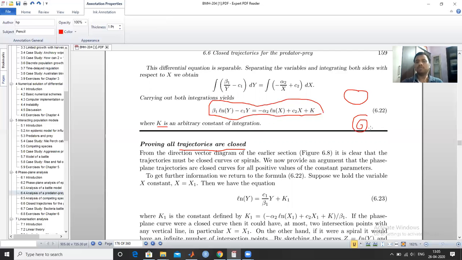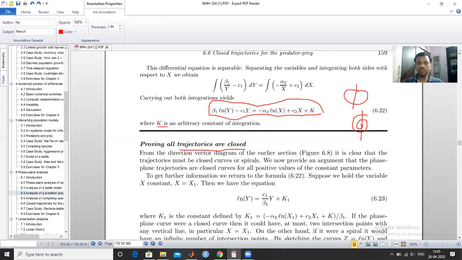There is also an oscillation type. But what is the analysis we are doing here? If it is this type of closed curve, and if we draw a line, then it always cuts at a maximum of 2 points, right? But if you draw a line here, then it will cut at infinite points. This is a spiral type. So we will make this type of analysis here.